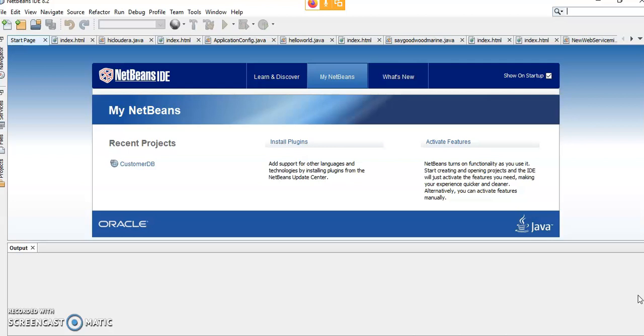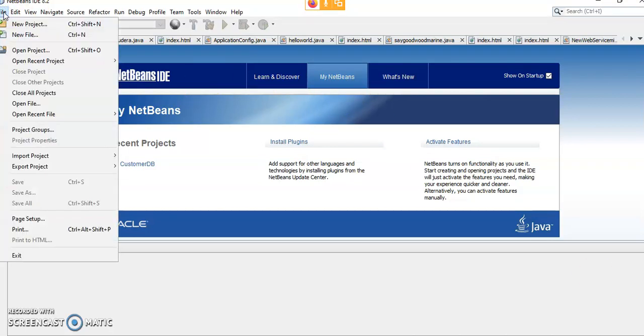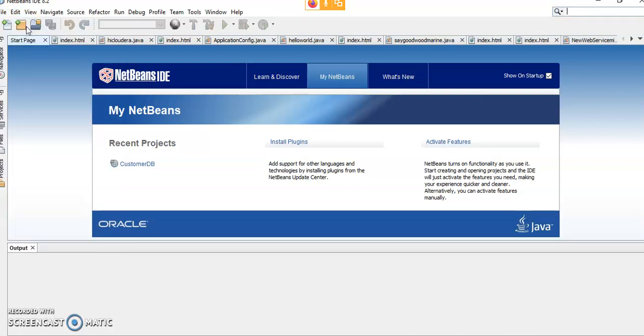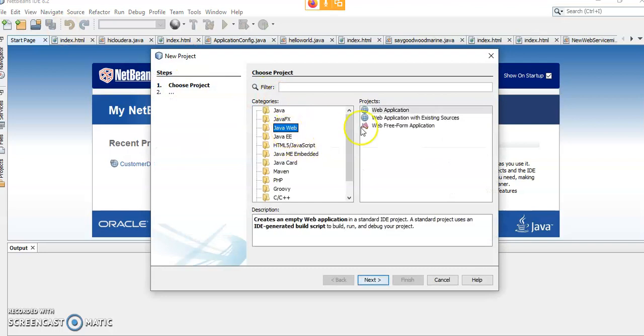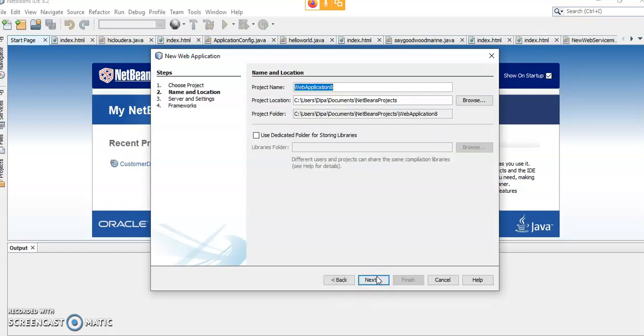We can open File, New Project, Java web application, next. Give the name CalculatorService.